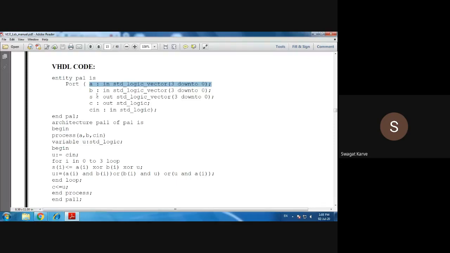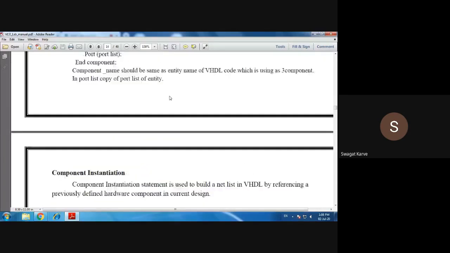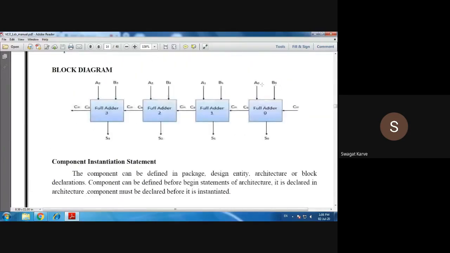B is also of 4-bit. Here you can see 4 bits, A0, A1, A2, A3. How many bits input is A? 4-bit input. Similarly, B0, B1, B2, B3. How many bit input? 4-bit input. And the sum output is also of 4-bit.